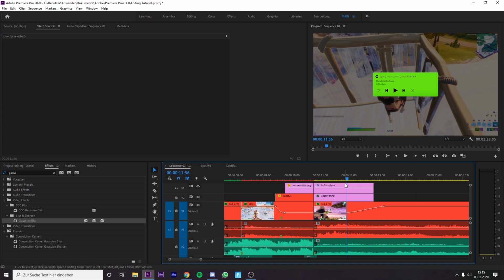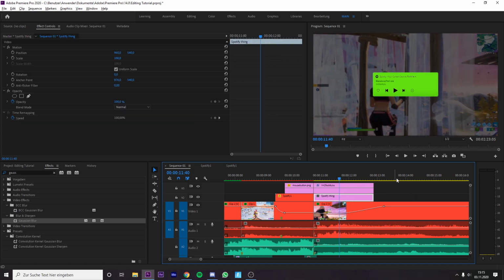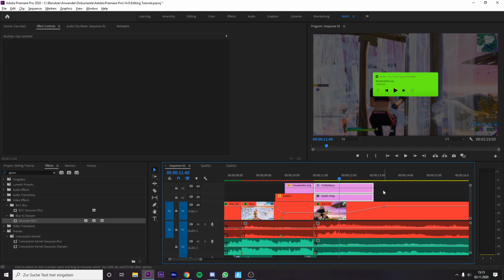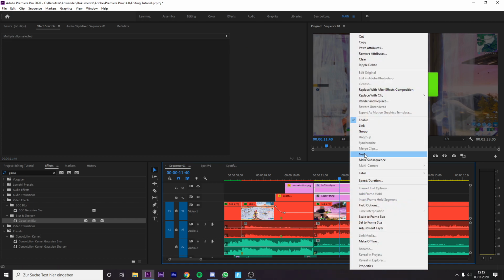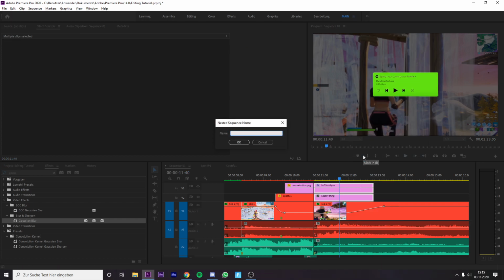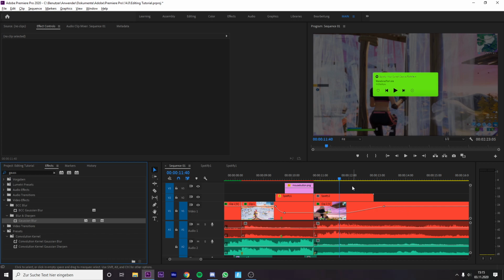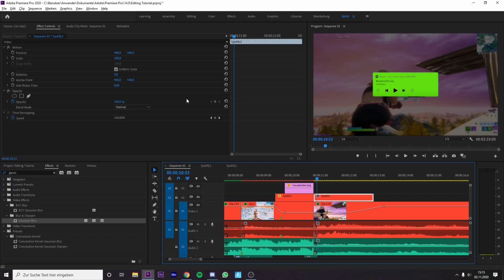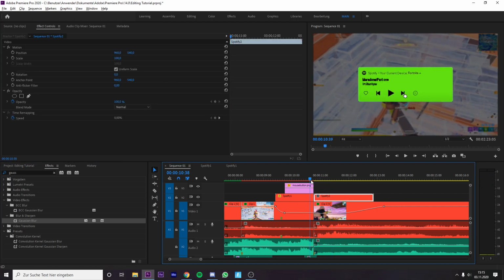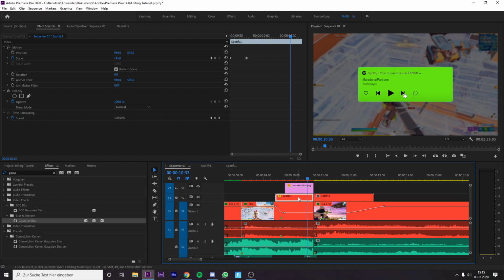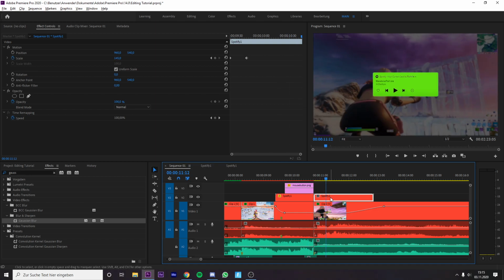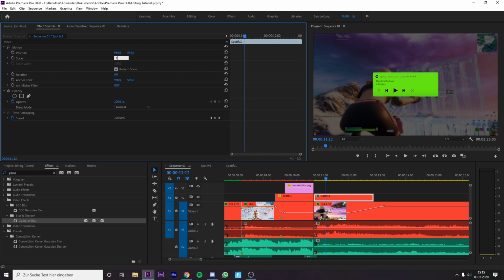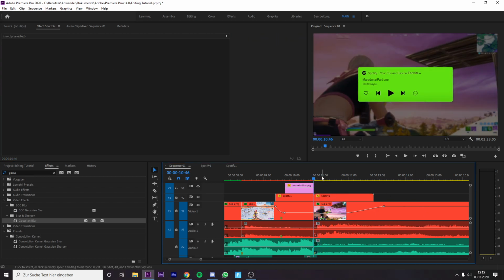Perfect. For the Spotify thing and the text, select them again and nest them again together. Maybe write Spotify 2. And yeah, then put the scale to, what was the scale right here? 135, okay. Put this to 135, like this. And then